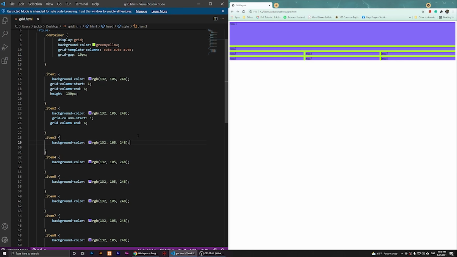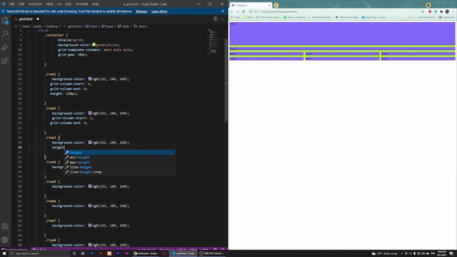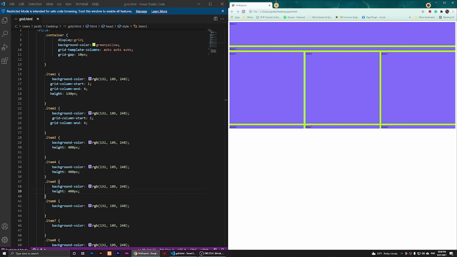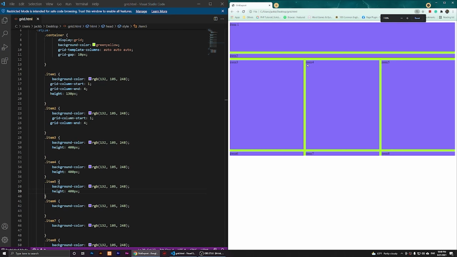So what I can do here is say height. Let me see. So height, I want it to be 400 pixels maybe. Alright, so 400 pixels. So we'll set the height here, and you can change these to whatever you want. So I want 3, 4, and 5 to have the same height. And if I just go to File, Save, and refresh it, you'll notice that we have 3